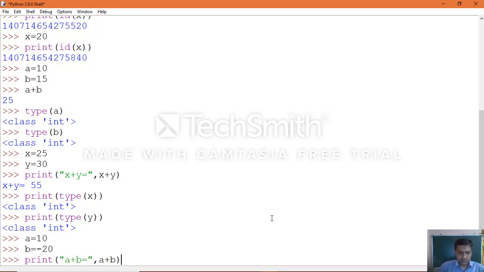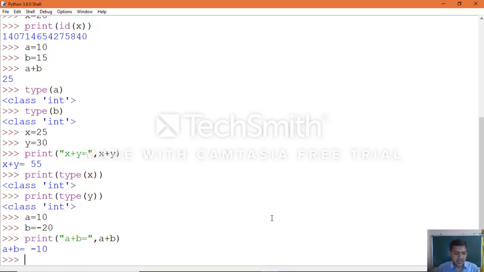See the output, minus 10, because 10 plus minus 20 is minus 10. 10 minus 20, how much will we get as output? Minus 10. So negative numbers also you can make use of.